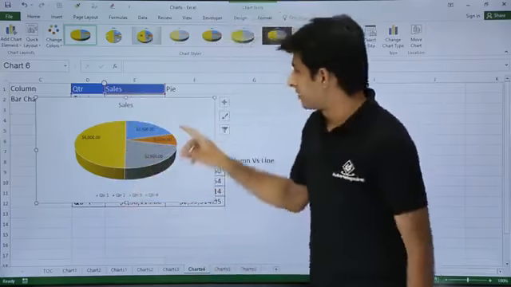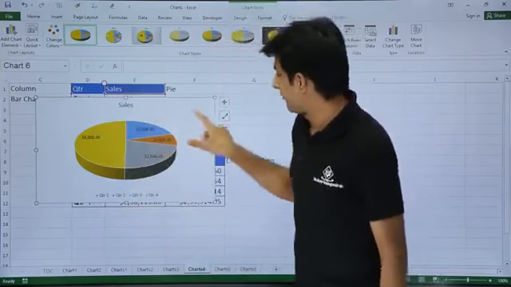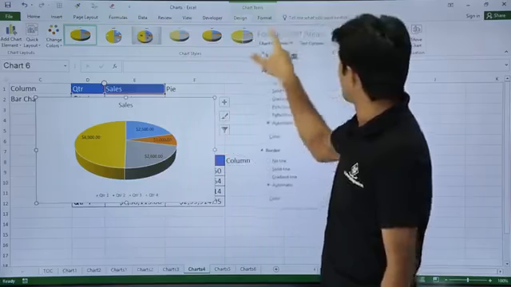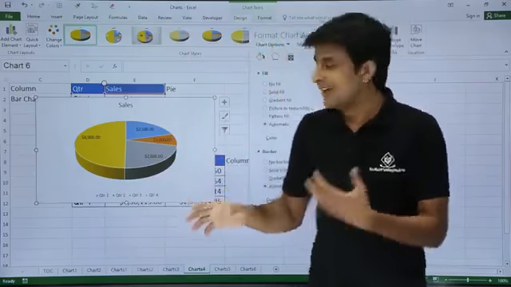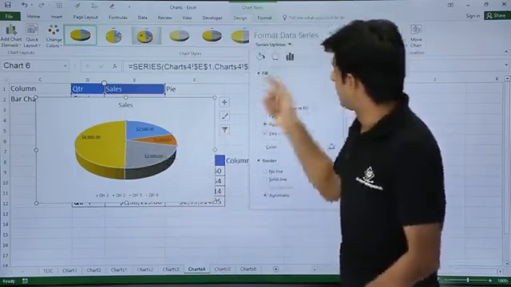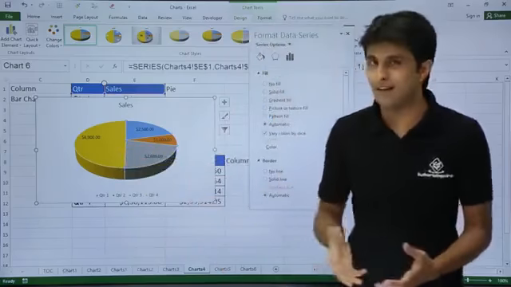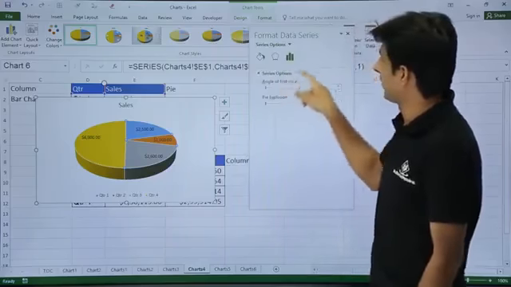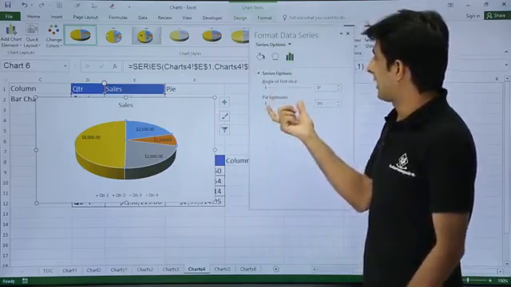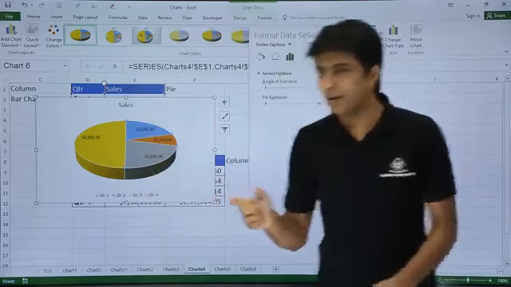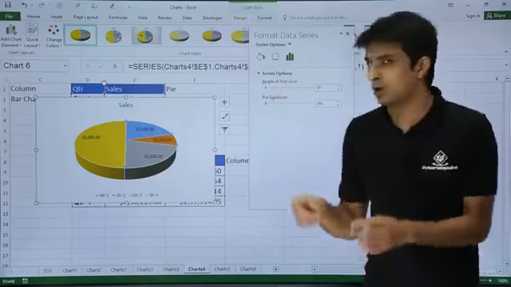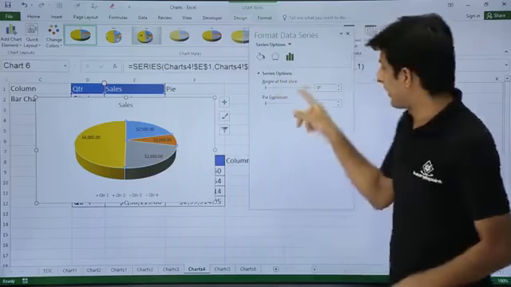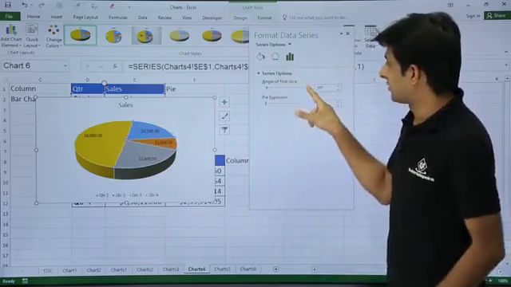How do I bring it? First thing is I'll open a dialog box. If I double click here, it opens a format chart area dialog box. In the same way, I'll click on this place and that's a format data series dialog box. There's an option available here, the angle of first slice and pie explosion. Carefully see, these are two scroll bars. I'll play with them and you can observe what is happening. Angle, so I'll just change it.